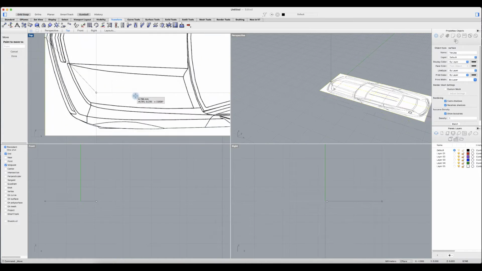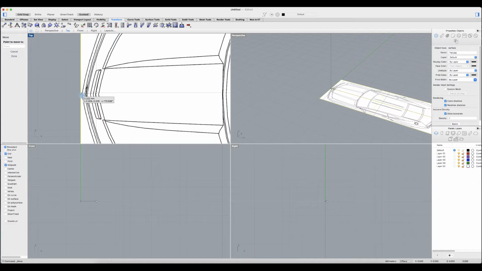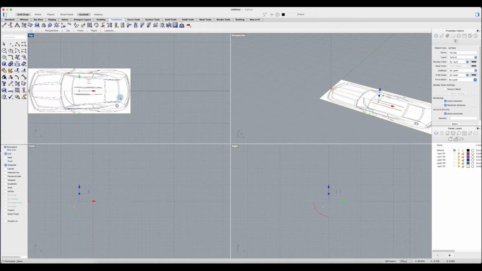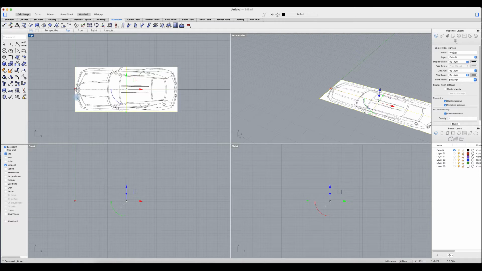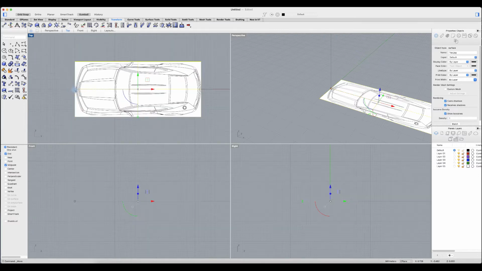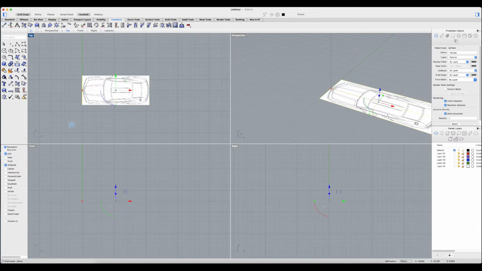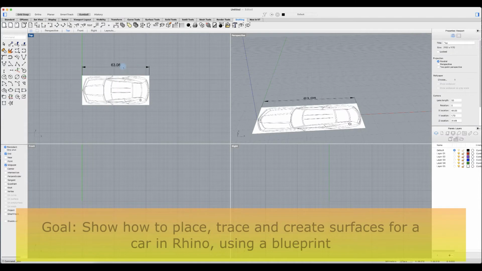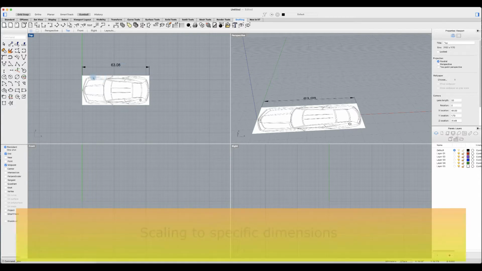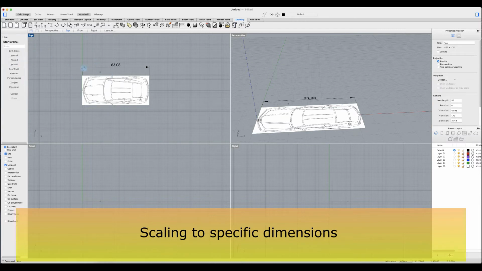And then I'm going to also turn on my grid snap. And you could see that I have absolutely snapped that asset, the blueprint, to the middle and the 0 coordinate points of my x-axis. This tutorial is just to show folks how you can place your blueprints inside your Rhino workspace and then trace. What if we wanted to run that to scale,